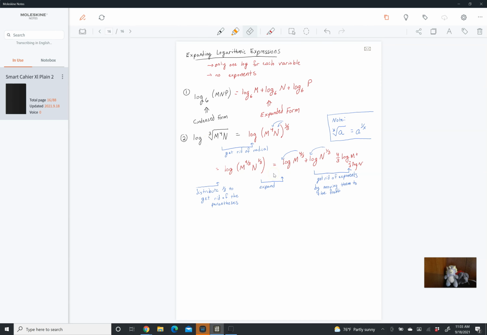Okay. So here, all we really had to do was get rid of our radical to make it look a little simpler, distribute the exponent, then your last steps are always going to be to expand and then get rid of the exponent. Okay. The other way that you could have done this, and I will put this,